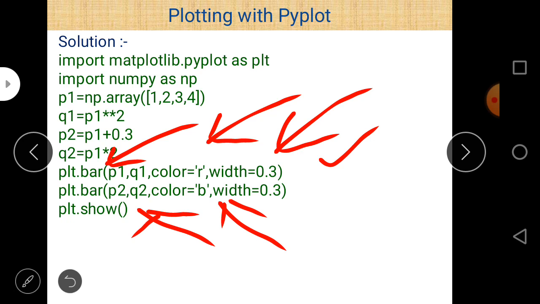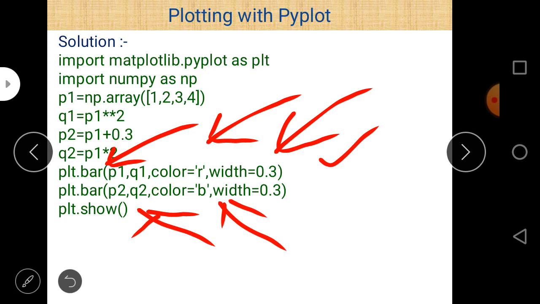The second one is P2. P2 is P1 plus 0.3, and Q2 contains the square values of P1. And the second point is the color of bar 1 should be red and the color of bar 2 should be blue. So there are two different colors. And then the last line, plt.show, is a function of the matplotlib library which finally shows the output.